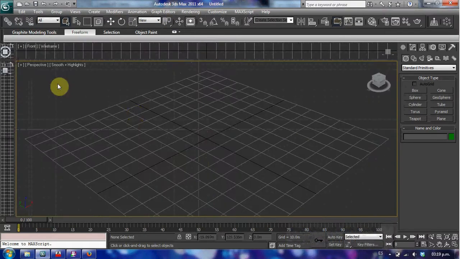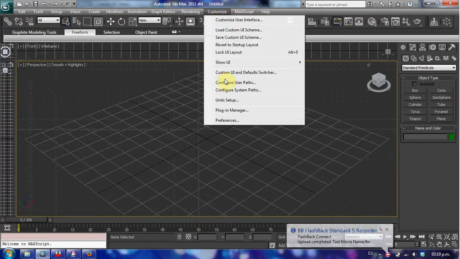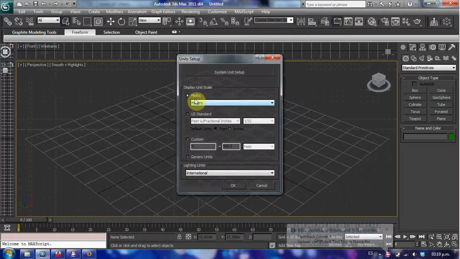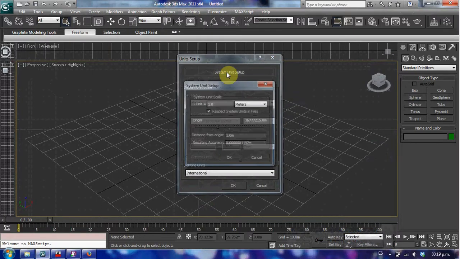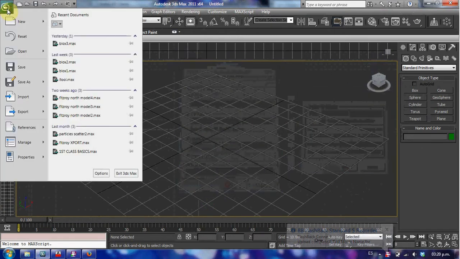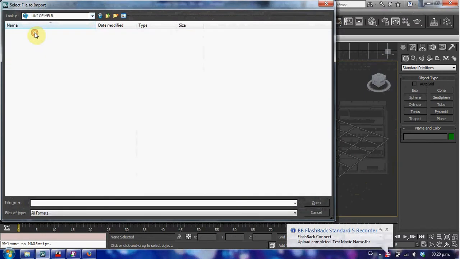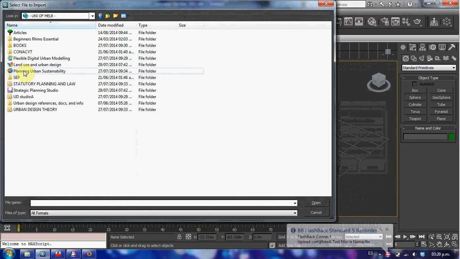So now that we're in 3ds Max, before we do the importing, we go to customize, go to the units and make sure that it's on meters. And in the system unit setup, check again that it's 1 unit, 1 meter. So we just go import and go to your AutoCAD file,